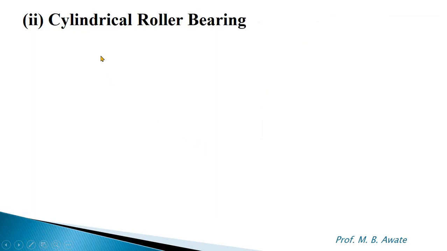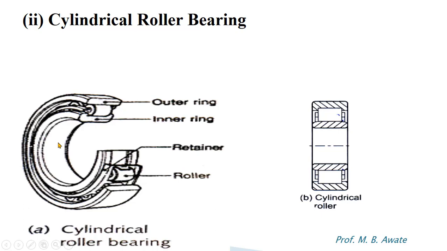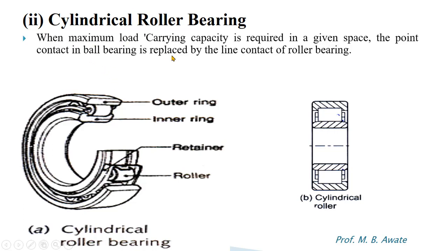Second, cylindrical roller bearing. So this is a figure of a cylindrical roller bearing, and if you see here, the balls are replaced by the small rollers now. Okay, again the terminology is same: inner race, outer race, retainers. Only thing is that balls are replaced by the rollers, and as the rollers are having higher contacting area or higher surface area, that's why the load carrying capacity of the cylindrical roller bearing is higher as compared to the deep groove ball bearing.